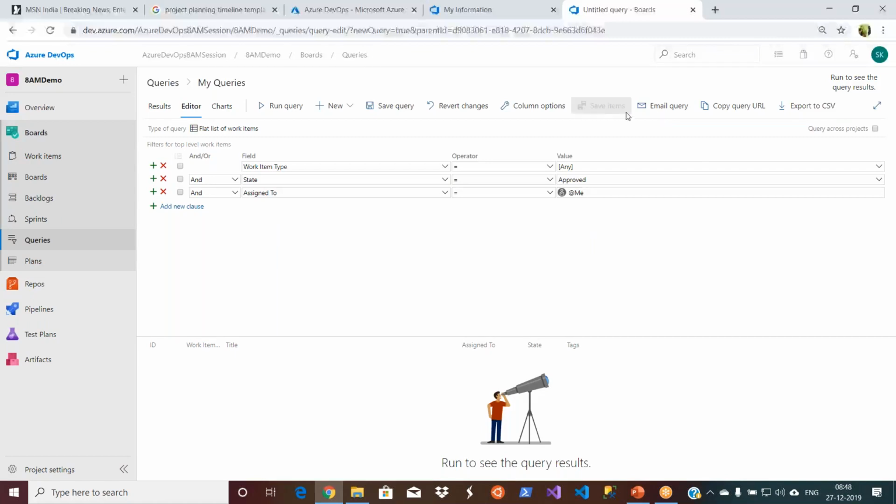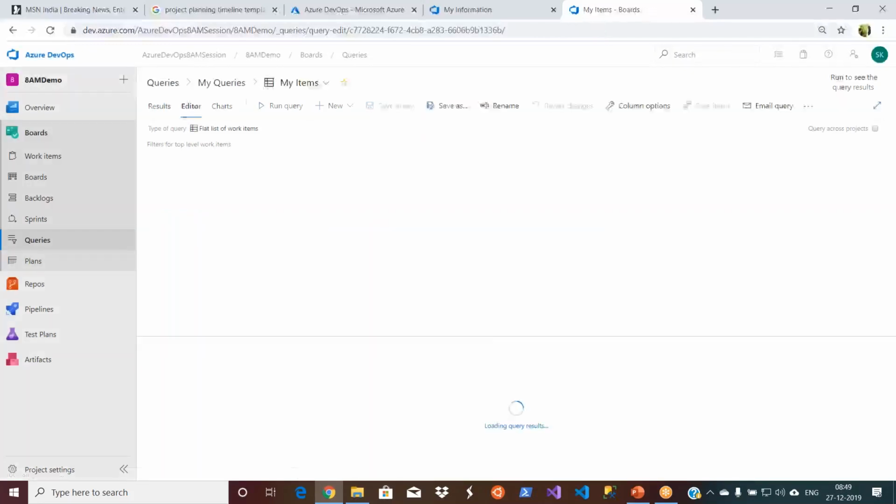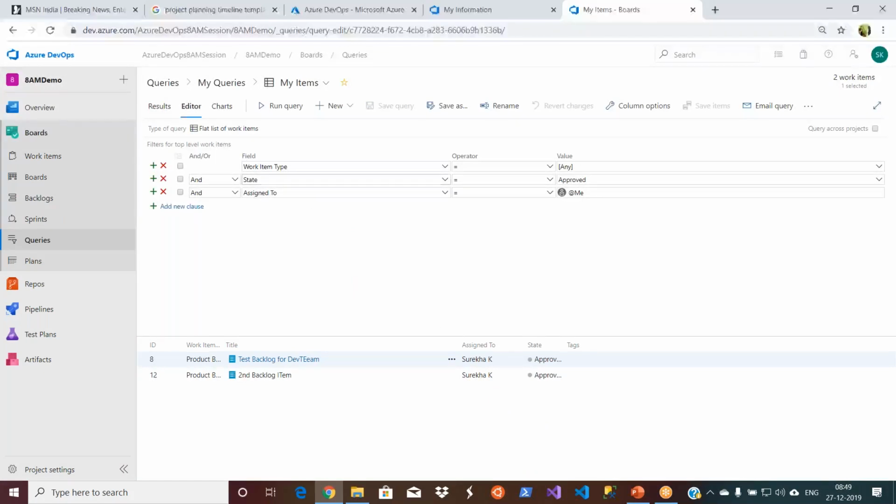I can simply say and then save query. See, this is a query, and this is nothing but your select query what you use in our databases, to just see what has been assigned. You can define any query here, and you can see the results here.